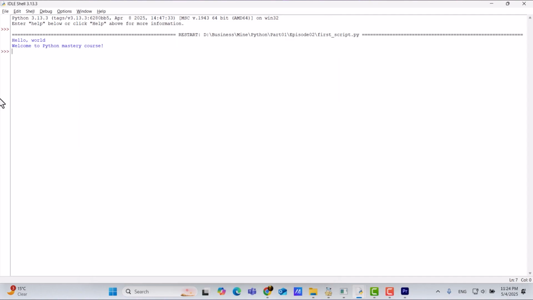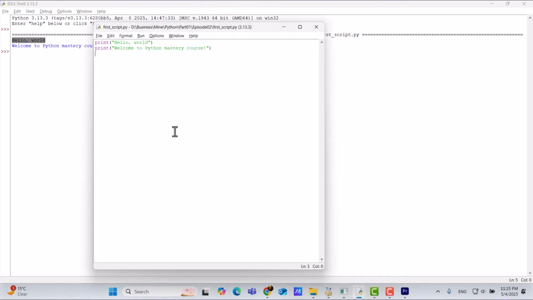A side effect in programming refers to actions that a function performs, such as modifying external variables, printing outputs, writing to files, or altering states elsewhere in the program. This is different from return values, which are outputs explicitly returned by the function without affecting the external environment. Look at this hello world. This is a side effect of the print function.